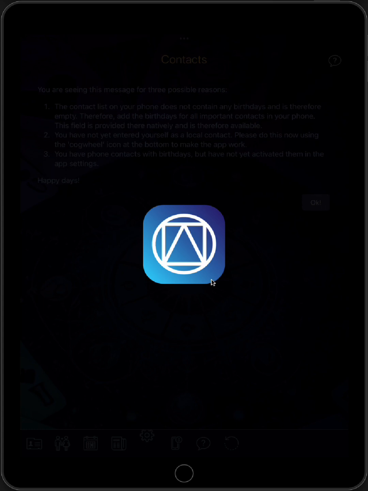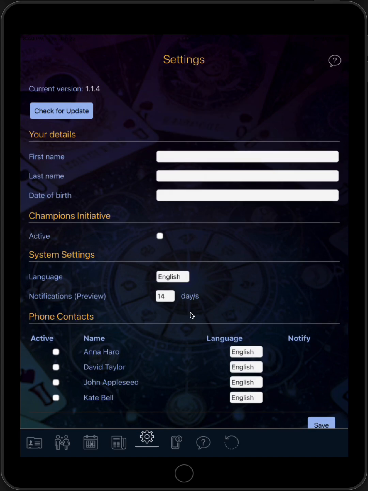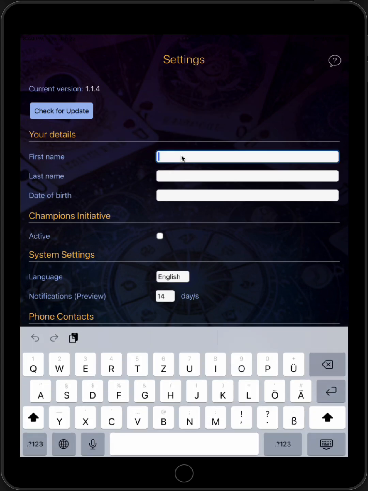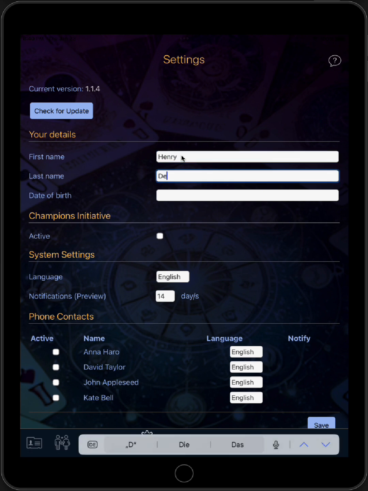So when you first start up the application, it comes with a screen and it says, okay, look, we don't have a contact list, or we haven't entered ourselves, or we have contacts, but we have not yet activated them. There's a little jumping cogwheel, so we click on that. And the first step in the application is we actually enter our